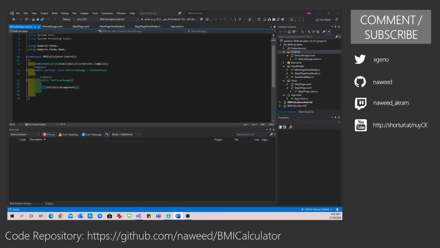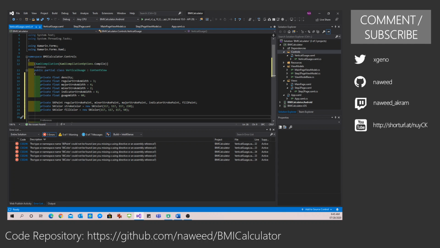Now before I start off, let me add a bit of variables that I'll be working with. I'll explain these. So I have this density, because the density on every phone or device can be different. So there are some places when we are working specifically inside SkiaSharp, we need to know the density so that we can use the pixels or the size of the UI.